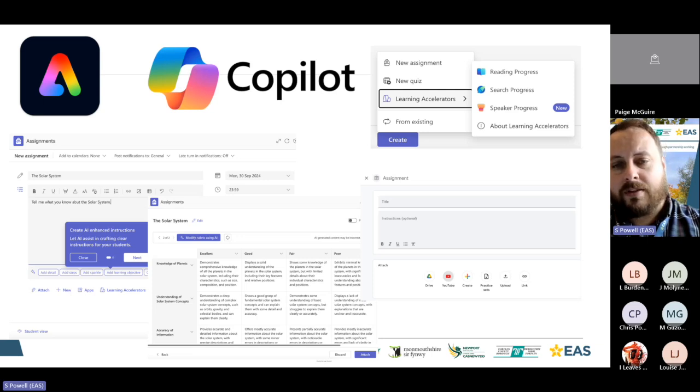And the final one there to have a little look at, it's quite hard to see because it's quite small, but if I magnify this, that's not going to work, sorry. Practice sets, which is in Google Classroom. When you create an assignment, you'll see practice sets there. You can basically set up a Google Forms assignment, give it the answers, and then it can provide prompts on videos and tasks and stuff it can do to support you as well.